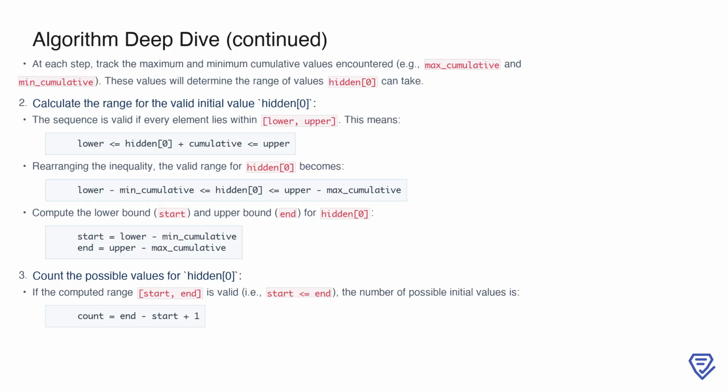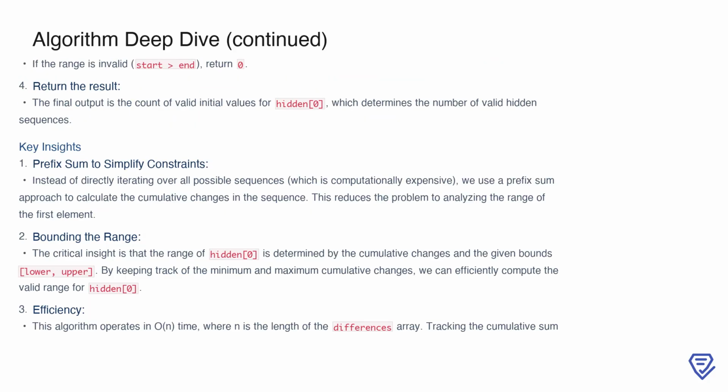These calculations allow us to identify the valid range for the initial value. From this range, we can count the possible values for hidden 0. If the lower bound, start, is less than or equal to the upper bound, end, the number of possible values is simply the size of the range, calculated as end minus start plus 1. If the range is invalid, meaning start is greater than end, then there are no possible values for hidden 0,